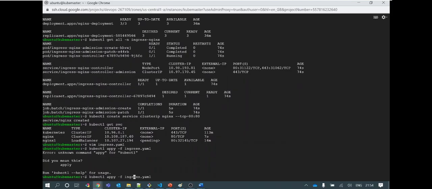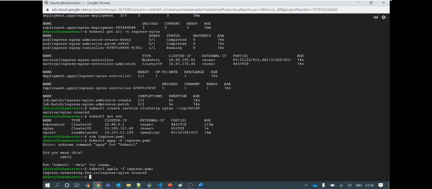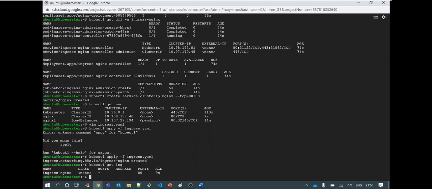Oh, there's a typo in apply, and the ingress is created. Let's check the ingress, using ingress or ing also will work. So you see my ingress has been deployed, and I can check for the service IP.